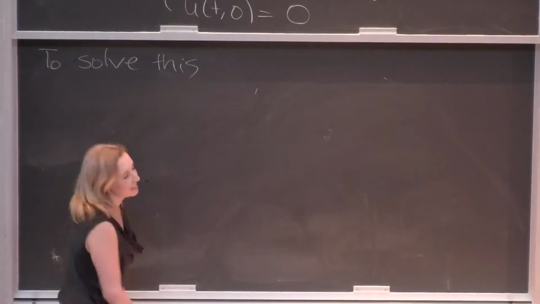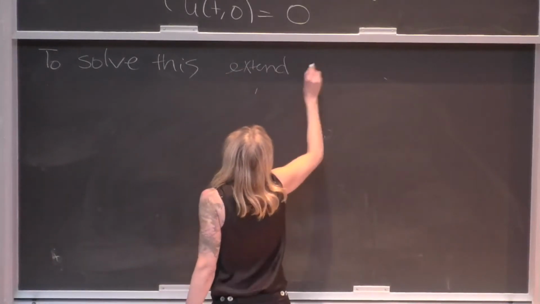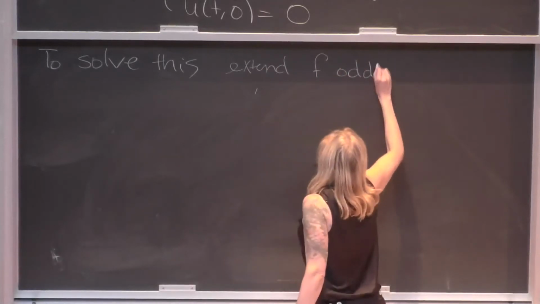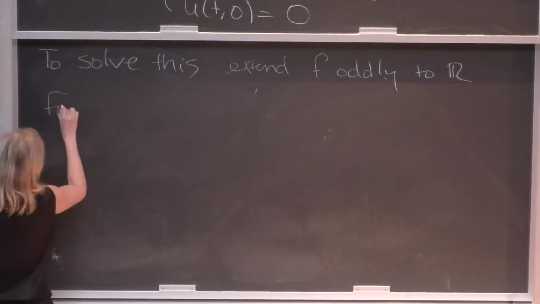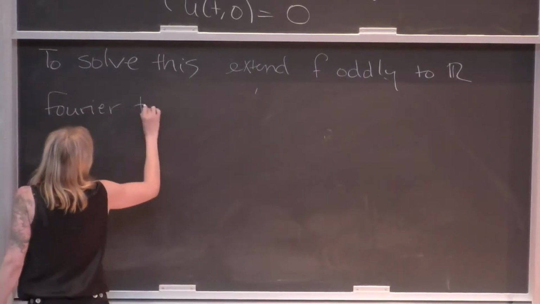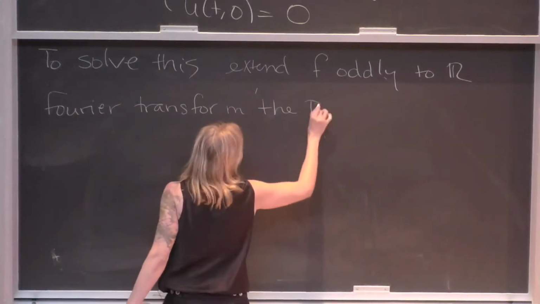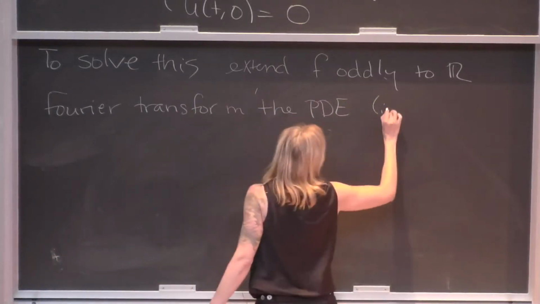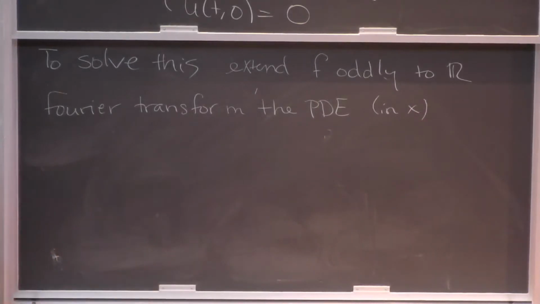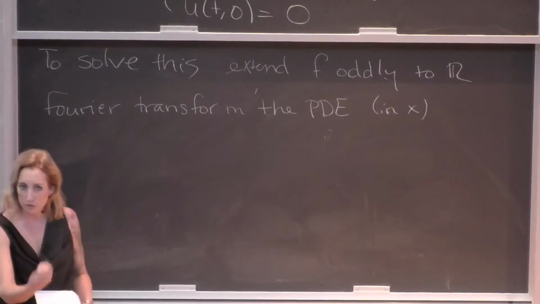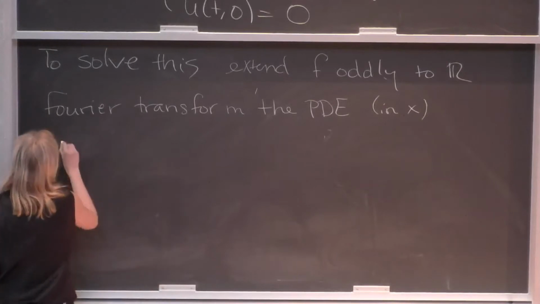So to solve this, we extend f oddly to R. Take the Fourier transform of the whole PDE in x, of course. And then you'll end up with an ordinary differential equation in t for the Fourier transform of the solution. You solve it. You write everything back in terms of the initial function, and you're going to get that u